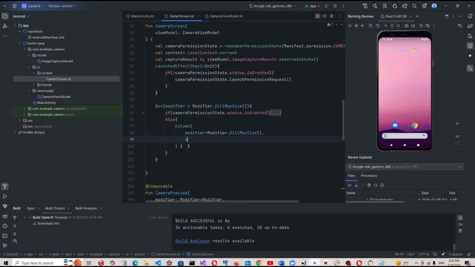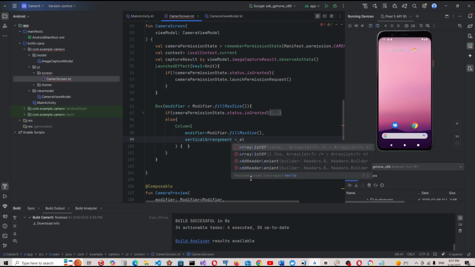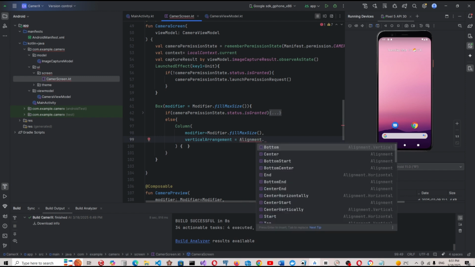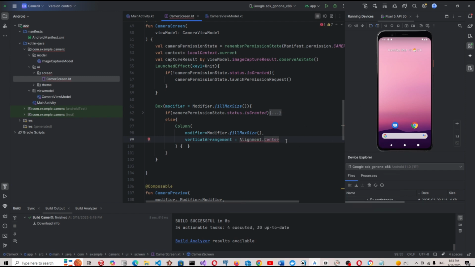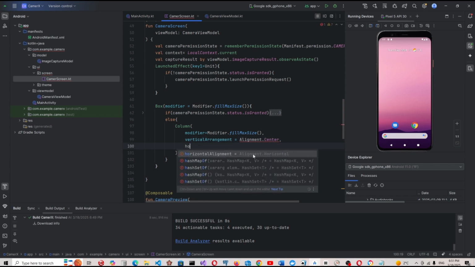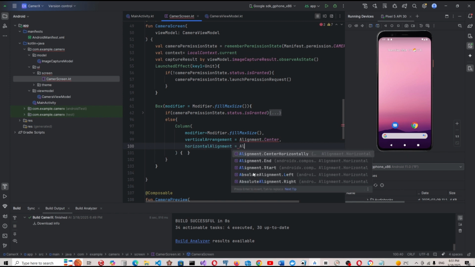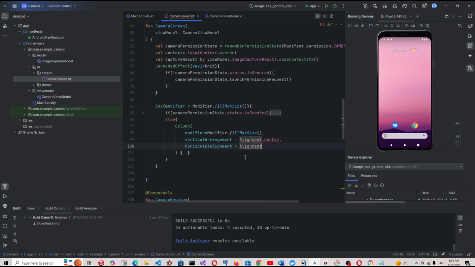And vertical arrangement will be alignment to put content in the center, and horizontal alignment dot alignment center horizontally, so vertical and horizontal in the center, and the content